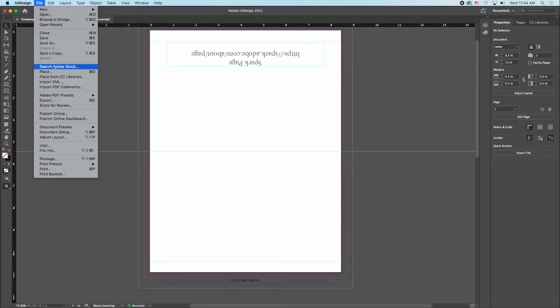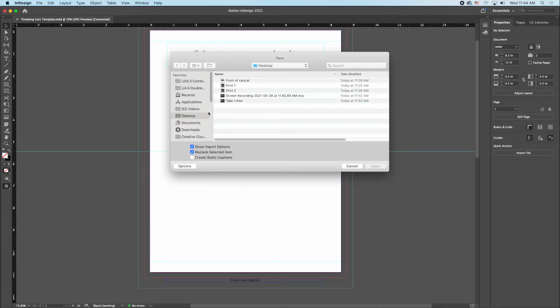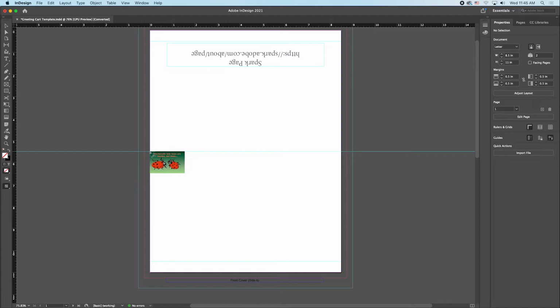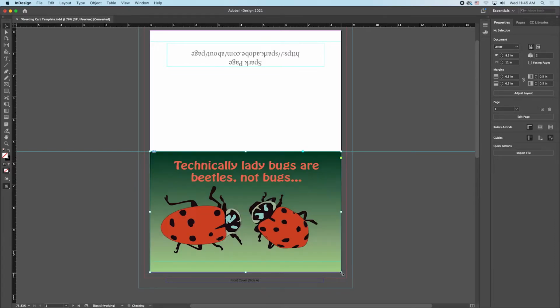go over to File, Place. You'll locate your design, whether it's Illustrator or Photoshop. If it's Illustrator and you have two artboards in your file, click on Show Import Options and then open. And here it's going to ask you which one you would like to import first. So I am going to import the front of my card here. Click OK. Loads it into your cursor, so you can click and drag to fill in the front of your